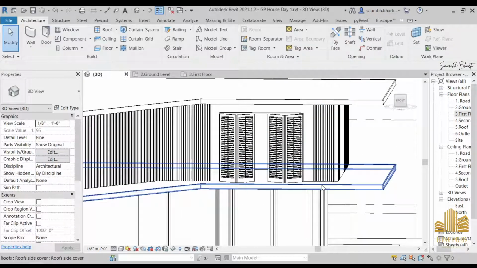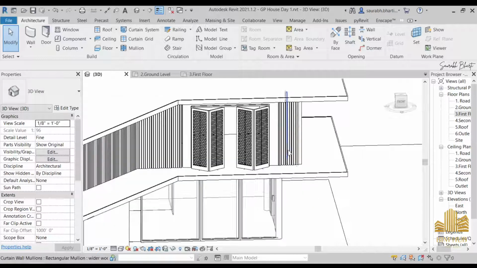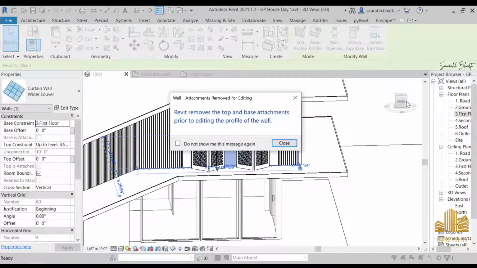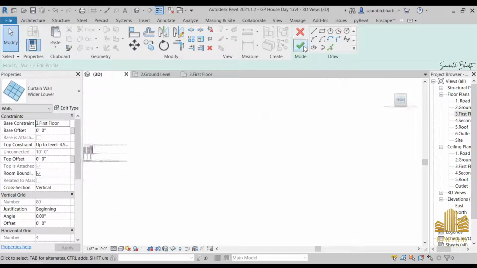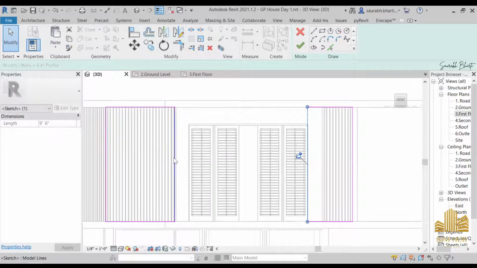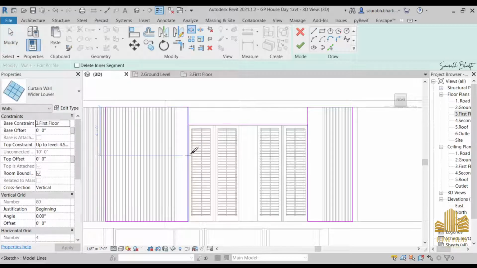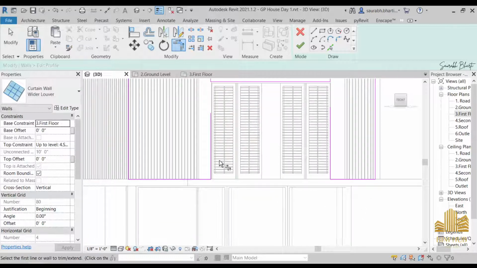Now we can just increase the size of this. So select this one, go to edit profile once again, and go to the front view and place it everywhere that you want to. So I can place it from here to here, here to here, and you can do one more thing, that is just keep it like this and split this area, split and TR for the trim, and as you can see,